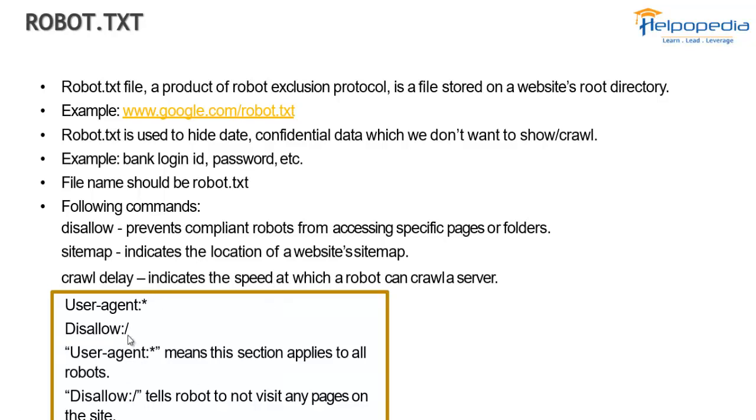The other lines I can use only if I want to apply some conditions to the robot bots, that I don't want to allow any particular page, directory, file, image, or video, anything that I have on my website. In that case only I need to write other lines. Otherwise, if I just create a text file with the name robot.txt and write user agent star, then it's done. That is a valid file and it can be uploaded.